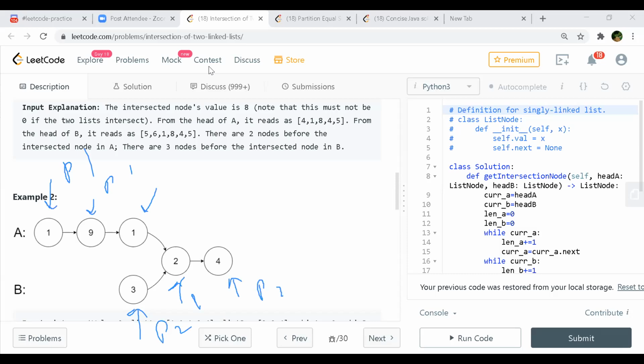So now P2 is at the end, correct? If I say P2 next, my P1 will be here, and P2 will be null. So when P2 is null, I will start pointing P2 to here. Now my P2 will point here. So when I say next, my P2 will be here and P1 will be here. When I say next again, my P2 will be here and P1 will be null. So again I will point P1 here. Now my P1 and P2 are pointing to almost the same positions, which are closer to 2.